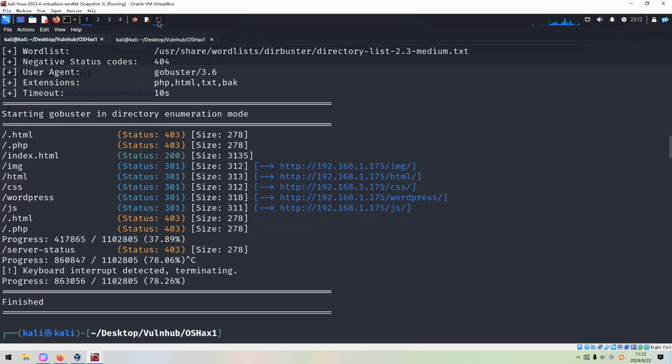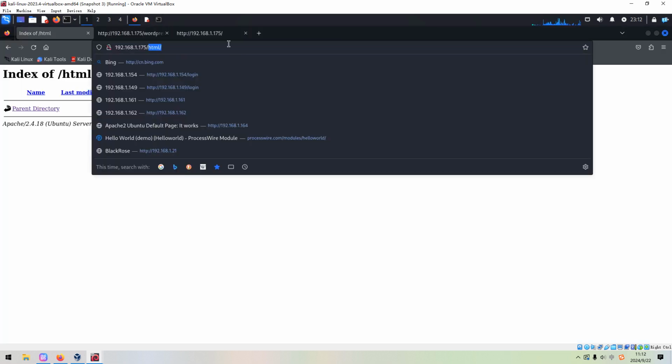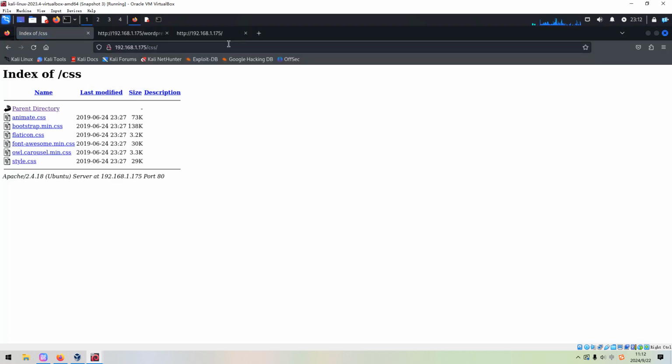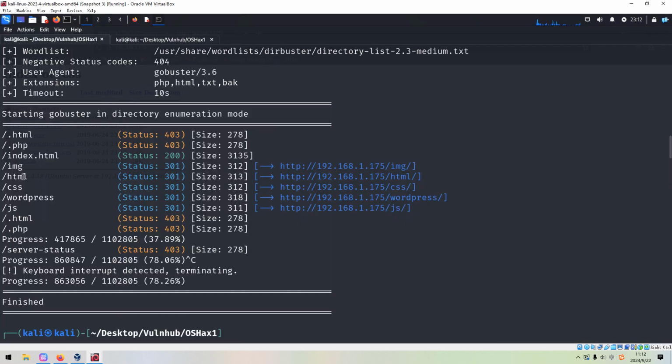And also the CSS directory, some Cascading Style Sheet files. In most cases, such files don't have any interesting information. Okay, so now let's take a look at the image directory.